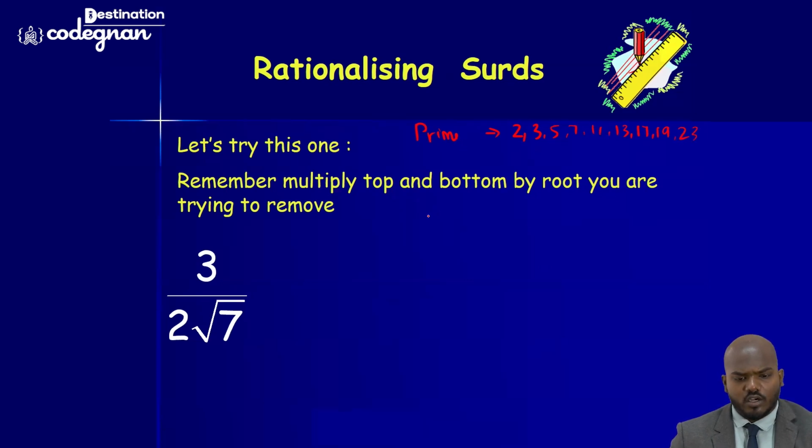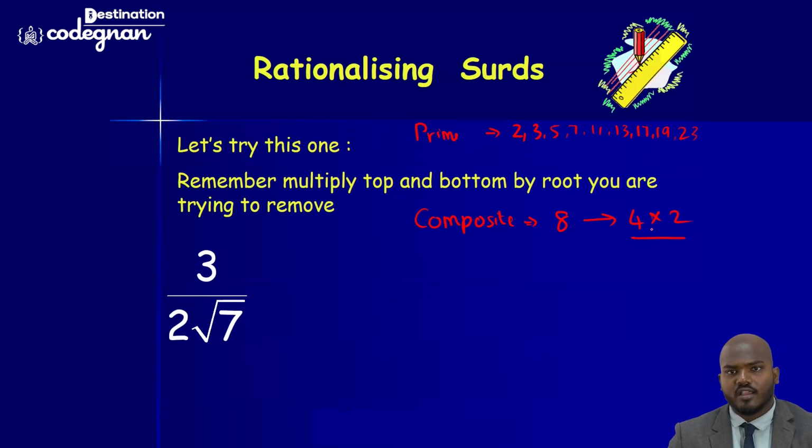And you also want to know about composite numbers. Okay, so what do composite numbers mean? I am taking the number 8. The number 8 can be broken down in a different way, that is 4 times 2. So this we can call a composite number. This is how you can deal with the value here. So this is called a composite number.